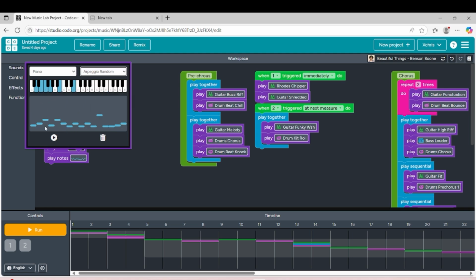Random will randomly play by itself. You can see when together, it's all played together in one single time. So let's say we go up that bit, and if you want to hear it, always click here.